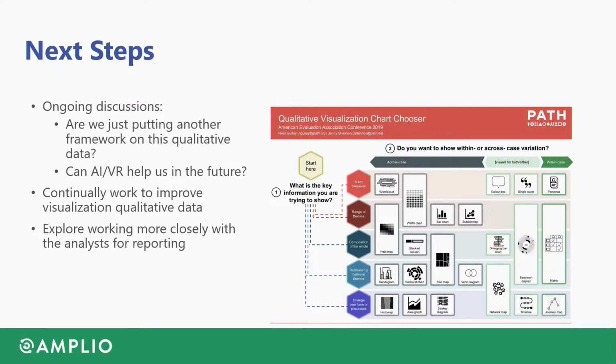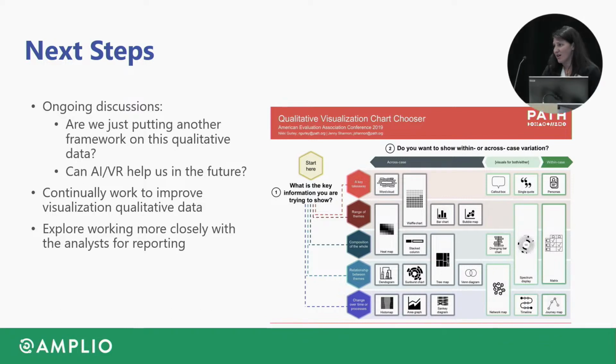One thing is that we started this emphasis on user feedback to break away from frameworks and structured reporting, and then we put another survey on top of that. And so we're grappling with this idea of, did we just put another framework on top of qualitative data, and are we losing information in that? We're also looking at how artificial intelligence and/or voice recognition could be used, in particular for more common languages, and help us process these messages more quickly.